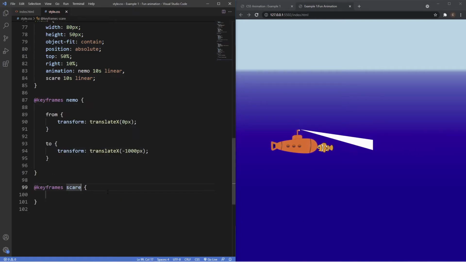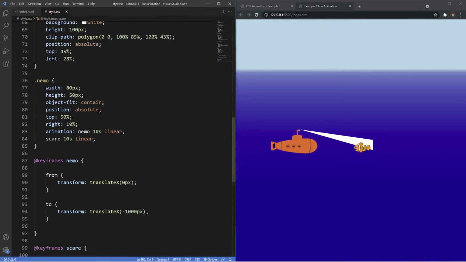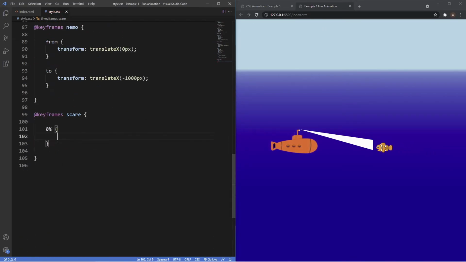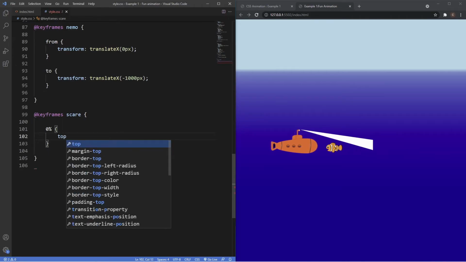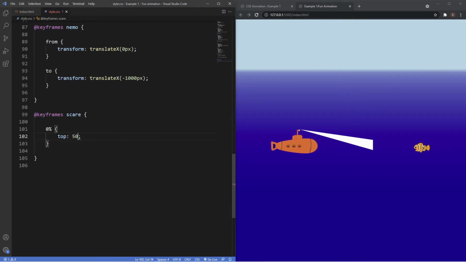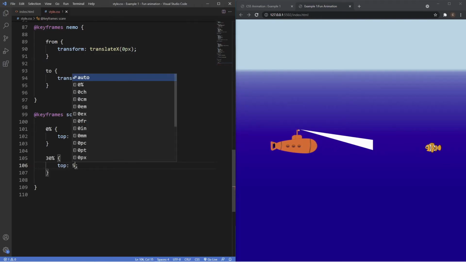Now go underneath this keyframe of Nemo and we'll grab that keyframe function, and we'll grab the scare, the one we just named, and then from the starting point of 0%, his current position right now is top 50%, so we want him to stay there until the light flicks on. So top 50%, and then at about 30%, we also want him to still be at top of about 50%,